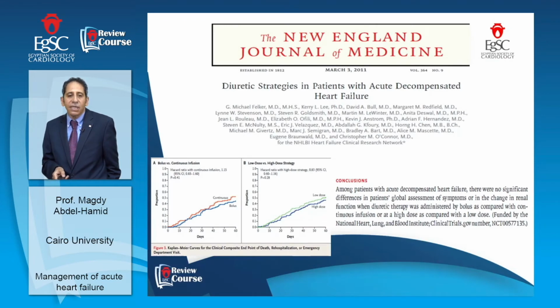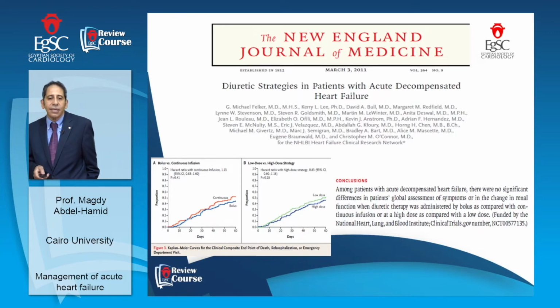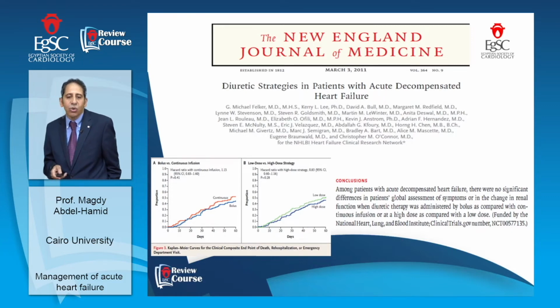Use of diuretics in patients with acute heart failure, intermittent bolus versus continuous intravenous infusion, was studied in a very important study, which is this trial published in the New England Journal of Medicine in 2011. And we can see in this slide, interestingly, that the use of continuous versus intermittent bolus, low versus high